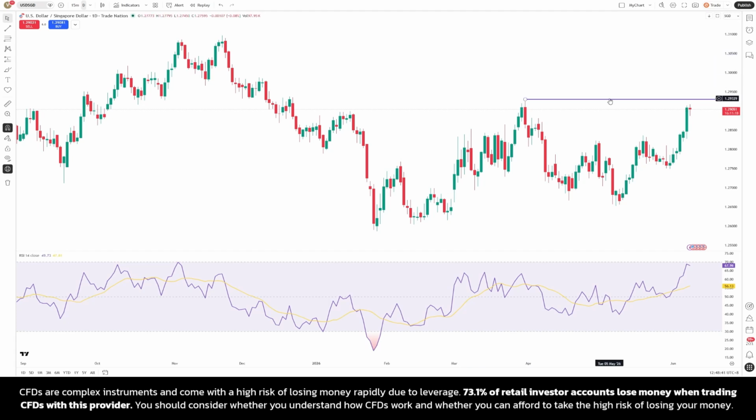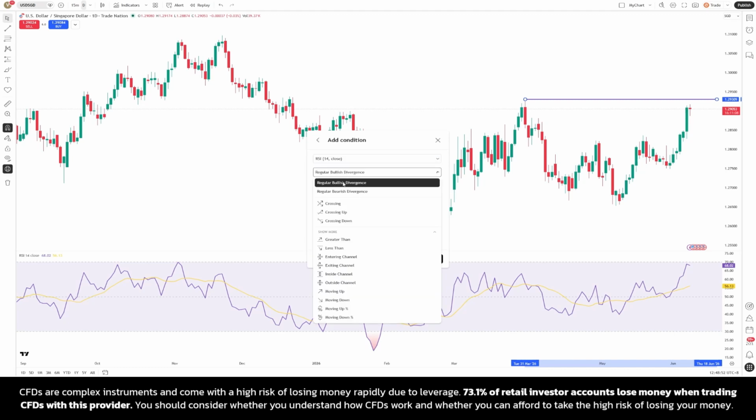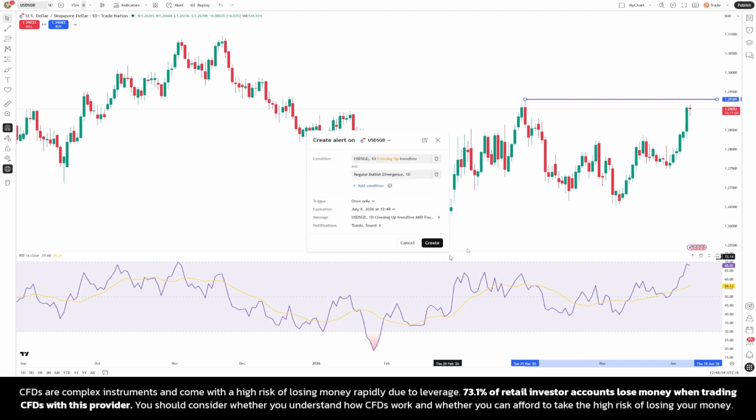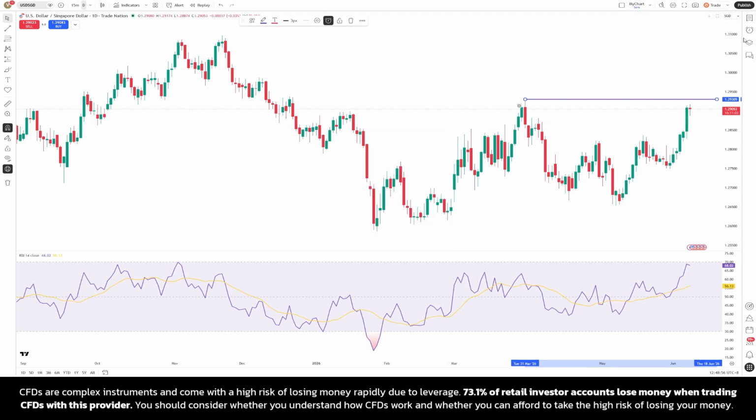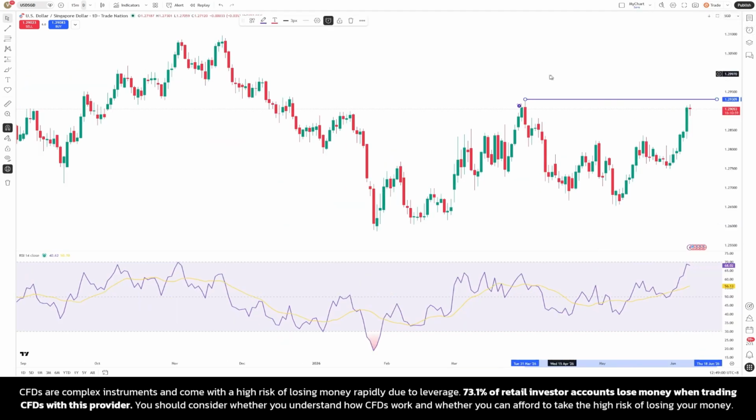In practice, this means you can monitor several criteria at once. For example, you can set an alert to trigger only when price breaks above a defined level, the RSI crosses above a chosen threshold, and a trend line drawn on the chart is touched. These conditions work together, filtering out noise and alerting you only when meaningful alignment occurs across tools you already use